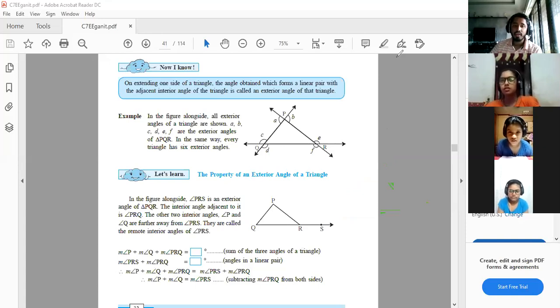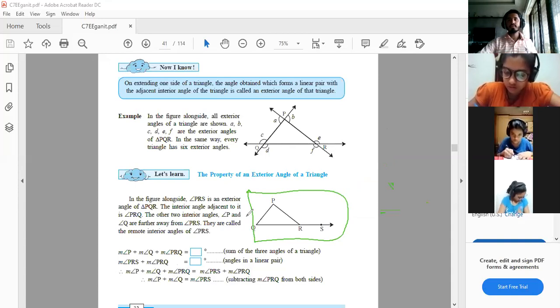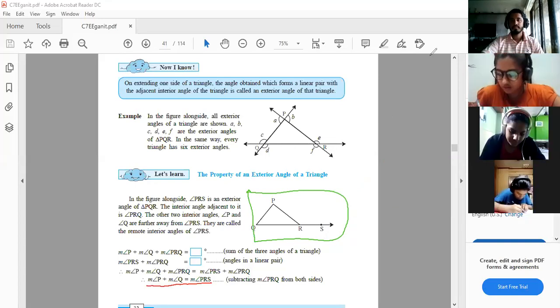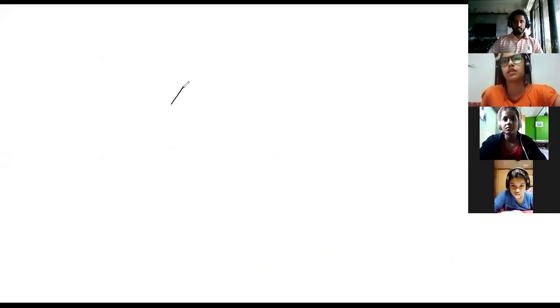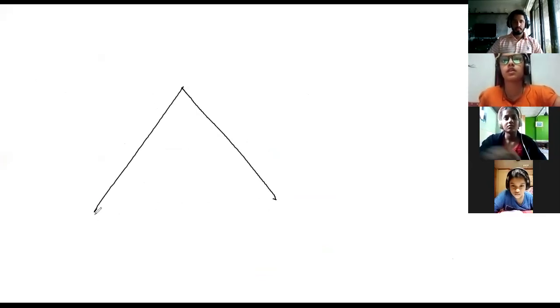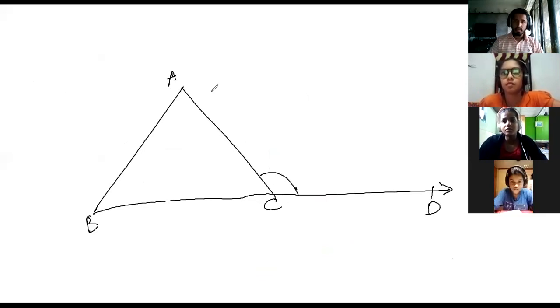Now, what is the property of an exterior angle? Please draw this figure. Draw this figure first. I'm drawing a triangle. So if you see, I name this triangle ABC and this point D. Now here, what is the exterior angle? Angle ACD. Now, the statement I typed and sent you all: the exterior angle of a triangle is equal to...